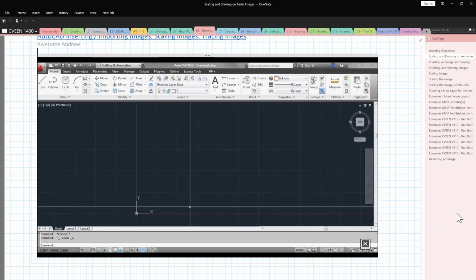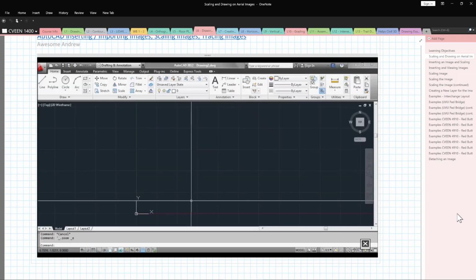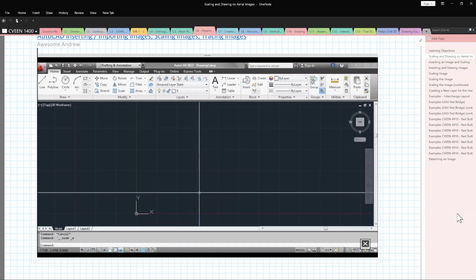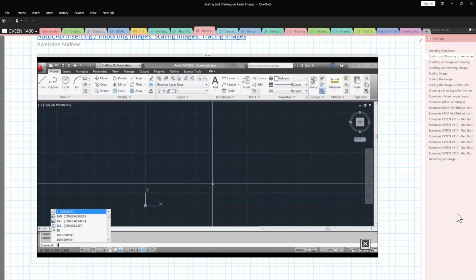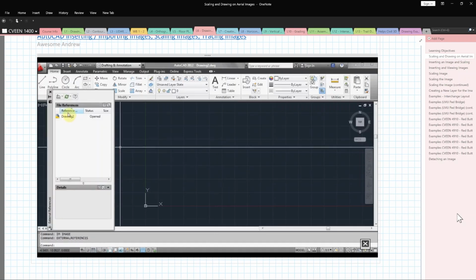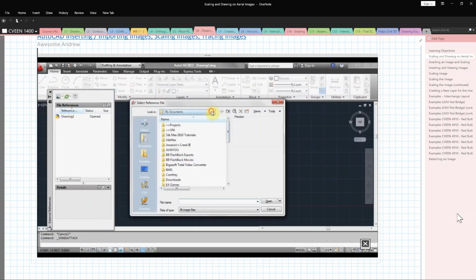Okay, welcome to this tutorial. In this tutorial we'll be looking at how to import a drawing into AutoCAD and how to scale it and how to trace over it. So let's get started. First thing you need to do is have an image that you want to insert. Once you've got that ready, in the command prompt type IM for image and then press enter or space. Opens up a window, and then click on this little arrow here and say attach image. Now just go to where you've saved your image,